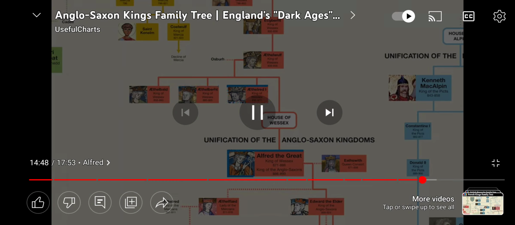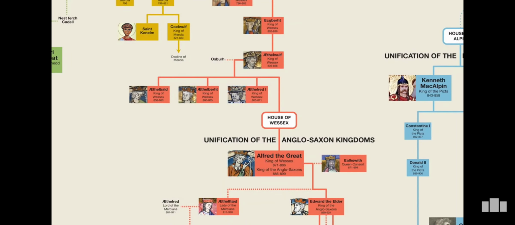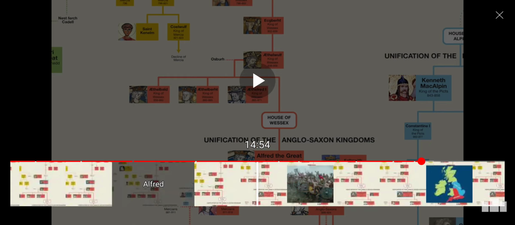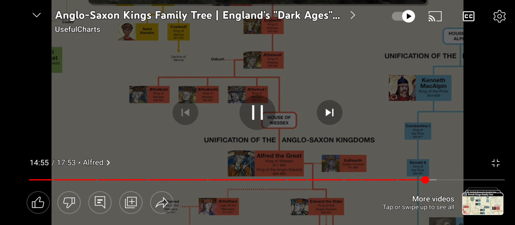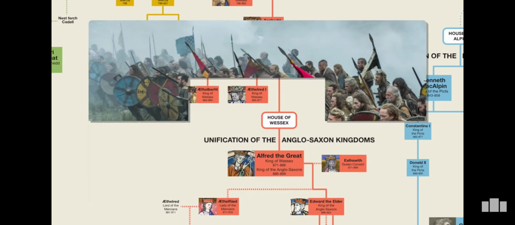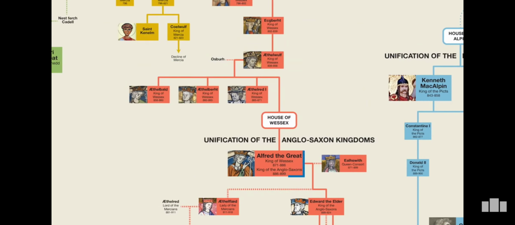During the reign of the third son, Athelbert, a major event occurred that would eventually lead to the unification of England. That event was the arrival of the Great Heathen Army, a massive coalition of Vikings who launched a major attack along the eastern seaboard of Great Britain. Over the next several years, the Vikings were able to conquer much of Northumbria, Mercia, East Anglia, and Essex. But after Alfred the Great came to the throne, the tide started to shift.